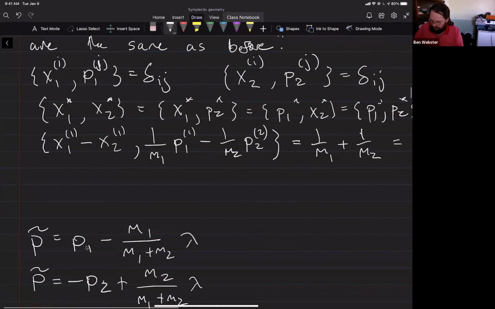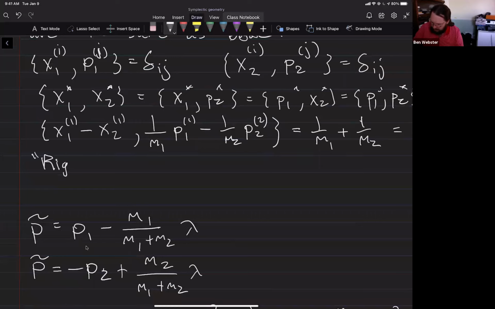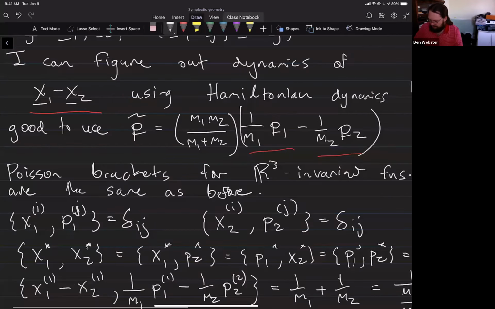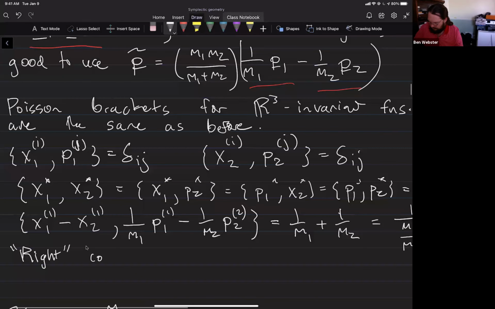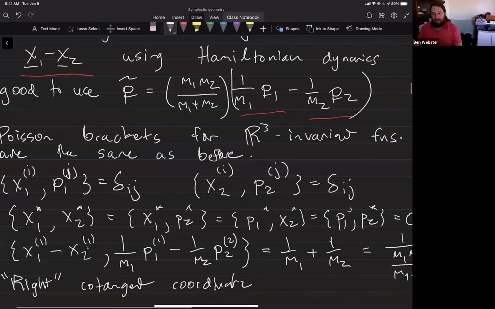So, the right cotangent coordinate is this guy, and I won't write it a second time. So it's the velocity times the reduced mass. That's sort of the right kind of